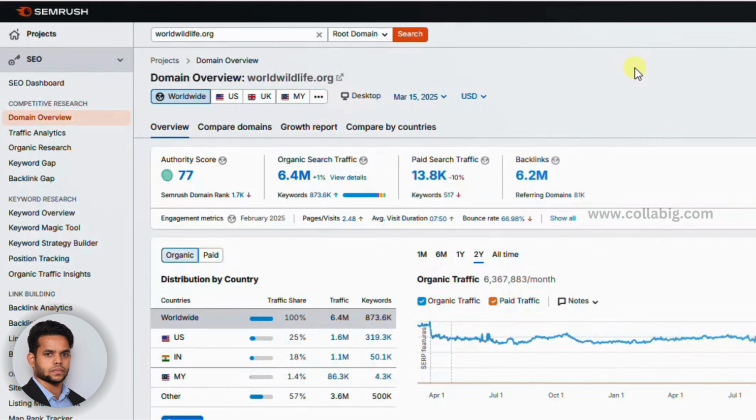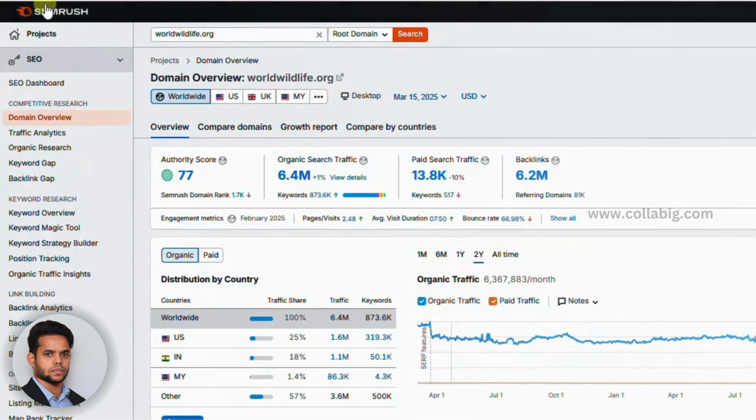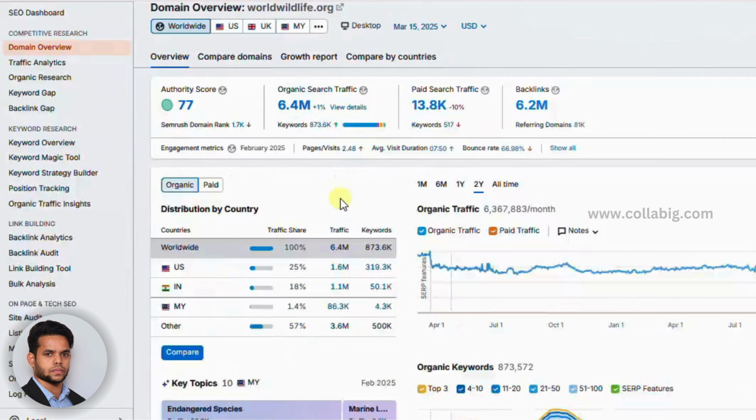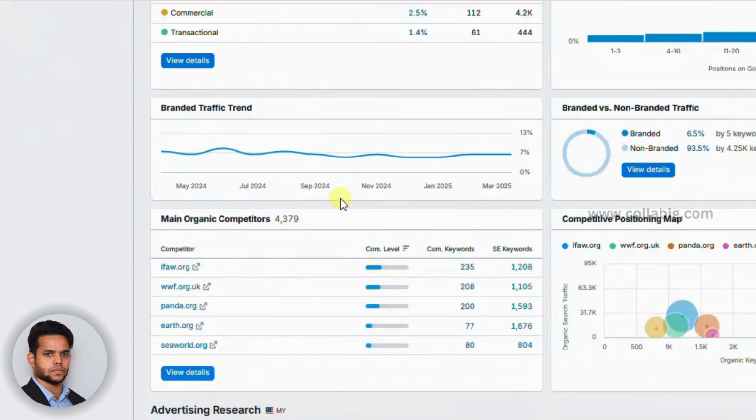My name is Mahesh Sopari and today we are cracking open one of the most powerful SEO tools out there, Semrush. And I'll show you exactly how to find long tail keywords that will help you dominate niche audiences and